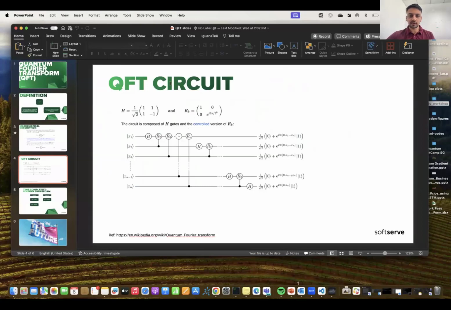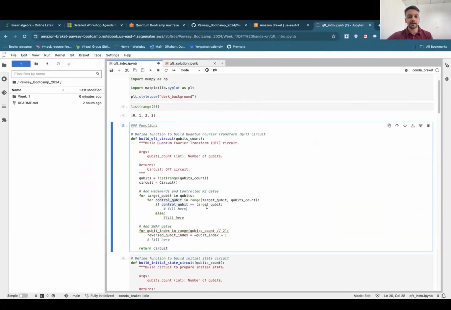If you look at the circuit, for example here, the second qubit is the control qubit, the first qubit is the target qubit, the third qubit is the control qubit, the first qubit is the target qubit, and so on and so forth. So if you look at this circuit, it has a recursive pattern, and we are basically coding this pattern here by iterating through the target qubits and